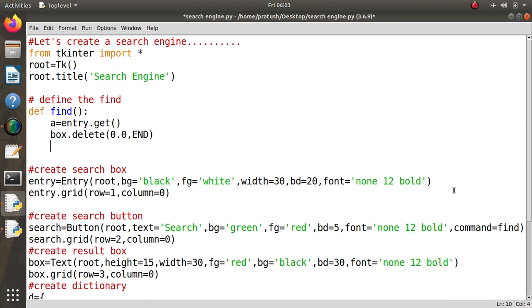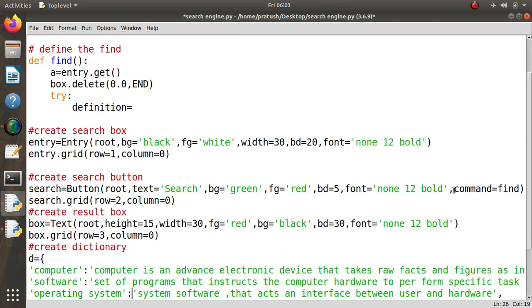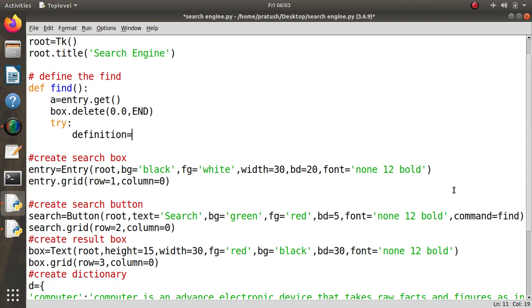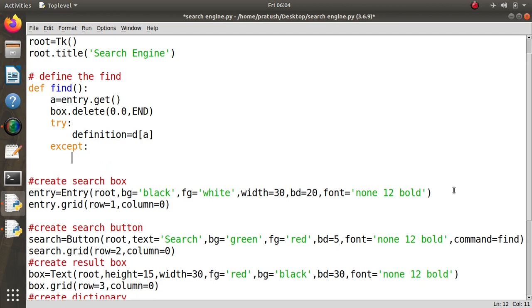Then we will use a try and except block. It is just like an if else block you have used. In try we will use definition equals to dictionary, and in dictionary we will search a. Then in the except block we will use definition equals to